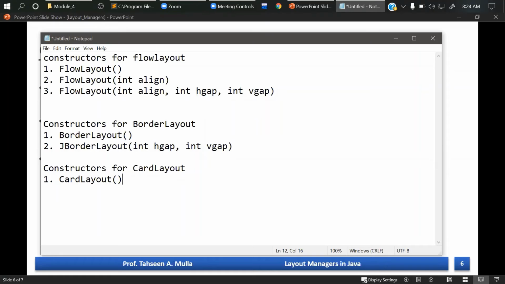So if you want your component to be a little bit in from your entire window, you can set the gaps for horizontal and vertical. And second, you have the layout where you specify how many pixels you want to set for the horizontal gap and the vertical gap, right? So you can manually set it whenever you create a card layout by giving your own size for horizontal and vertical gap.